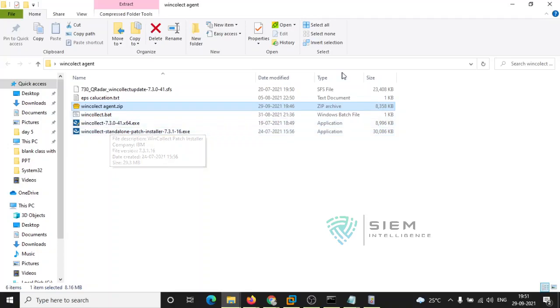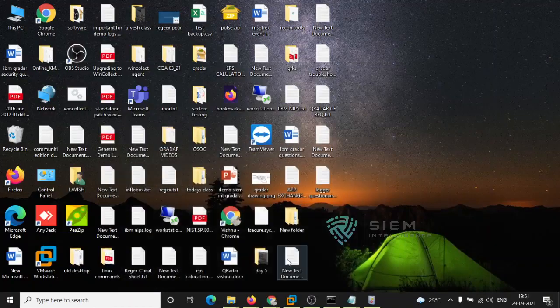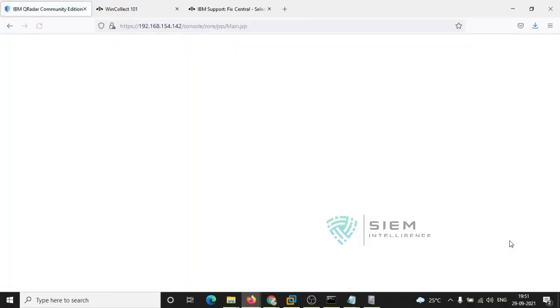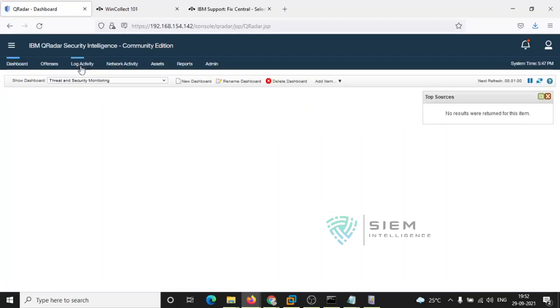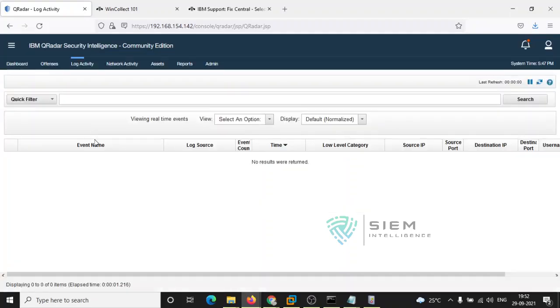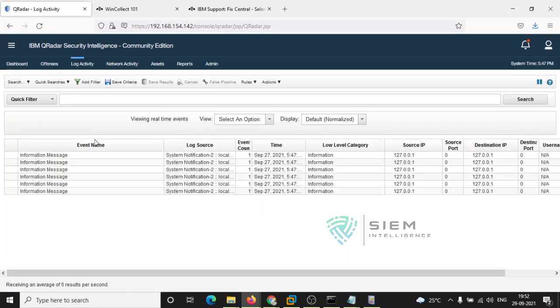So after the installation, we need to look back at our QRadar. We need to go back and see. On the log activity, what happens first whenever a log enters the system? First and foremost, what is my source IP?